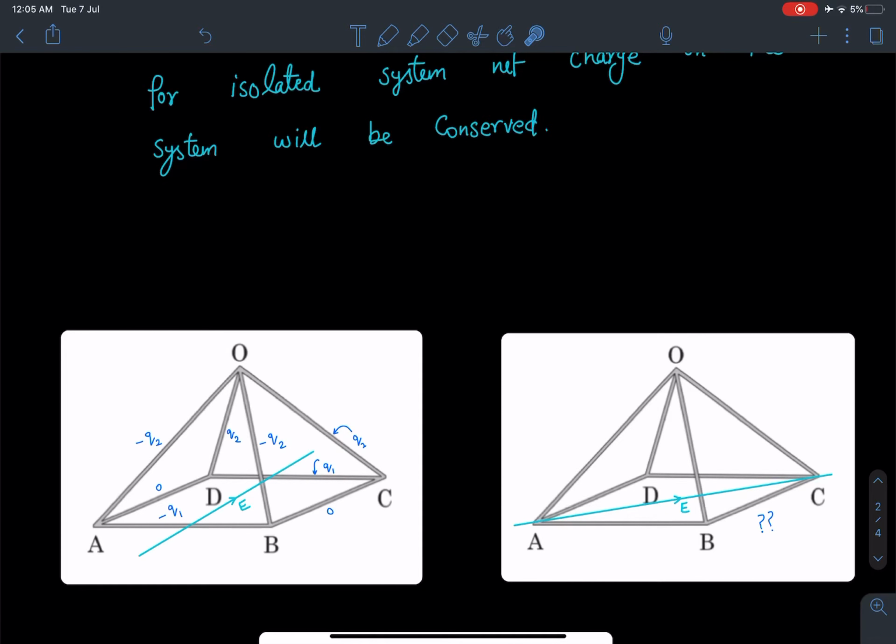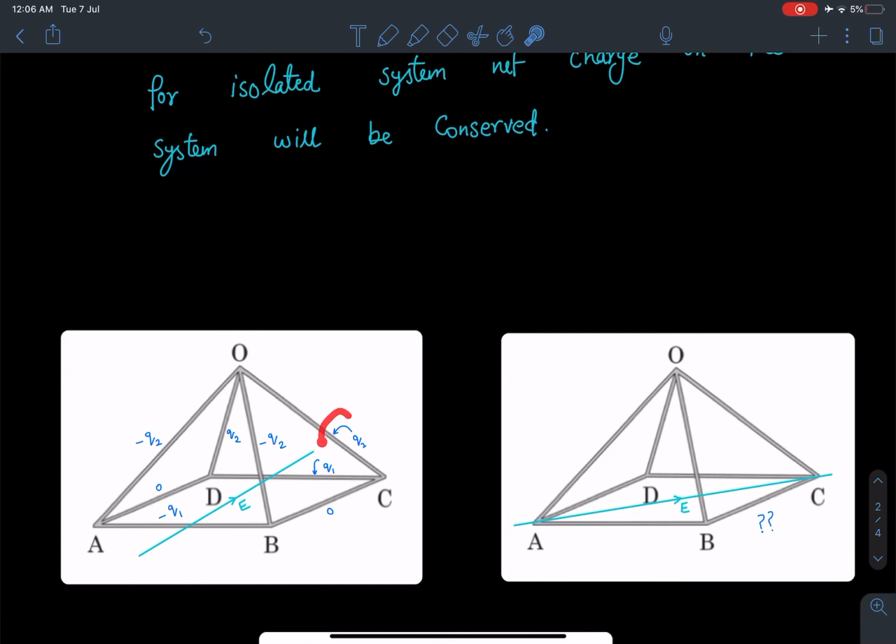Another part which you have to see here is, in rod BC, field is along that only. Field is along the rod BC and AD. So induced charges will appear in these corners, or you can say in rod AB, CD, OC and OB, in such a way that it will cancel out the field here, because if it is not happening, if field inside is not 0, further movement of charge will take place and we can say electrostatic condition hasn't reached. So charge on BC rod is going to be 0. Similarly, then we can say charge on AD rod is going to be 0. Overall, this conductor is electrically neutral.